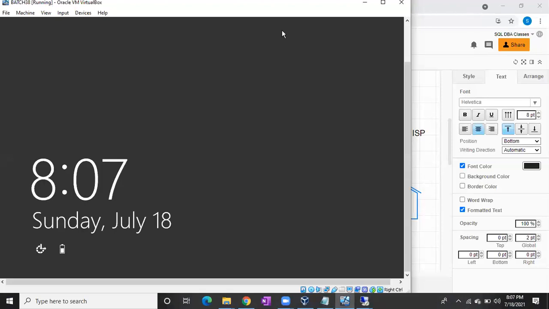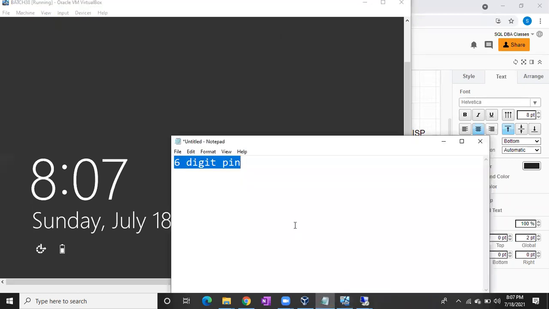Yesterday, does anyone remember the steps for installing SQL Server? After Windows Server is ready, what do we have to install? We have to install SQL Server. Okay, very good. Before installing SQL Server, there are some prerequisites. The main prerequisite is .NET Framework. You have to install .NET Framework first. Then only can you install SQL Server. If you don't install .NET Framework, you cannot install SQL Server.